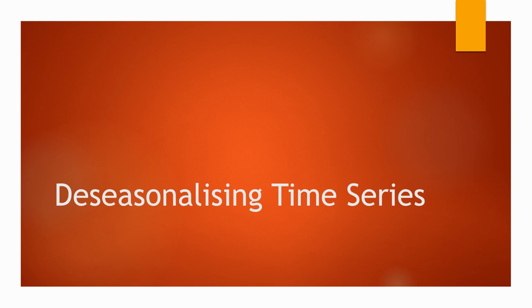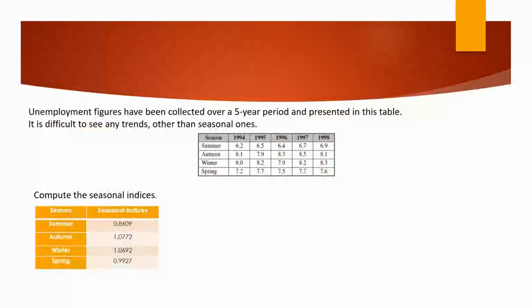Welcome back. In previous lessons, we have learned about deseasonalizing time series, and now we're going to continue with deseasonalizing time series. We have learned how to find the ratio between the average value and the actual value, followed by finding the seasonal index for each respective season. For example, for this case, I already gave you the seasonal index for summer, autumn, winter, and spring, which is